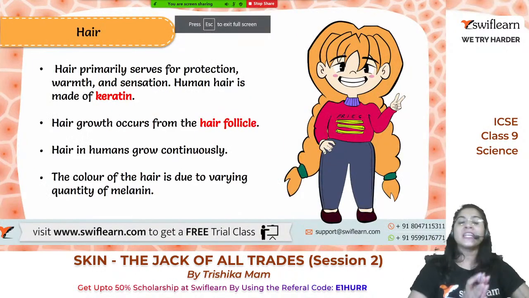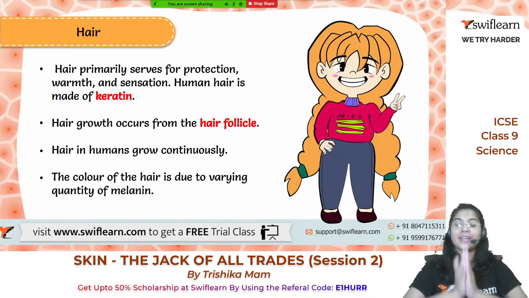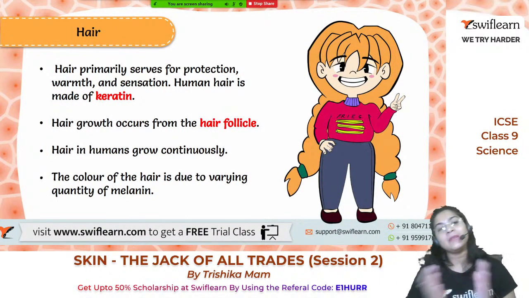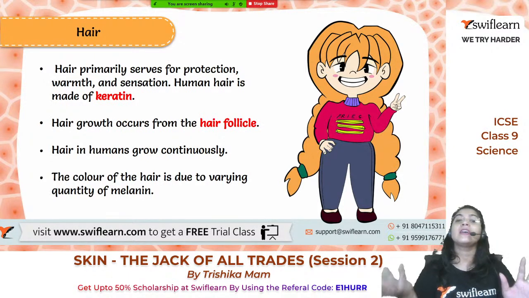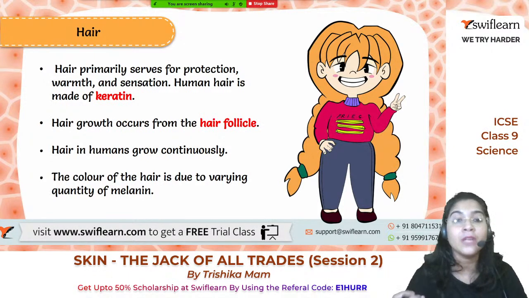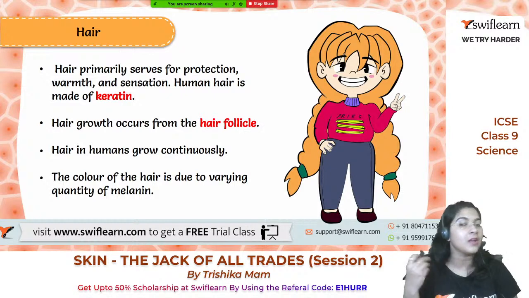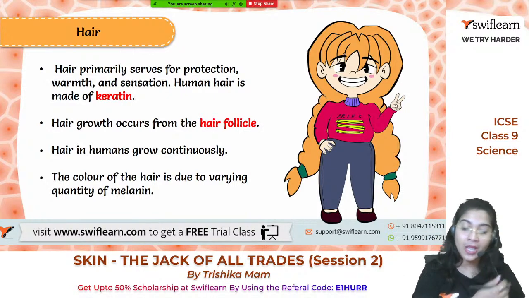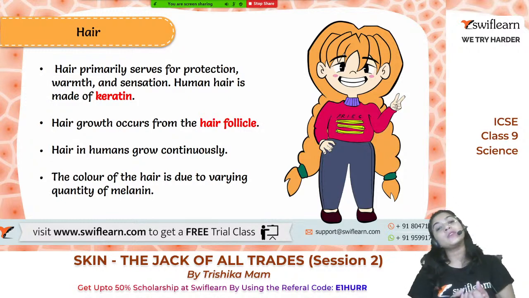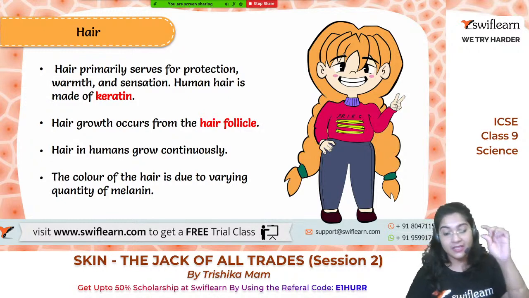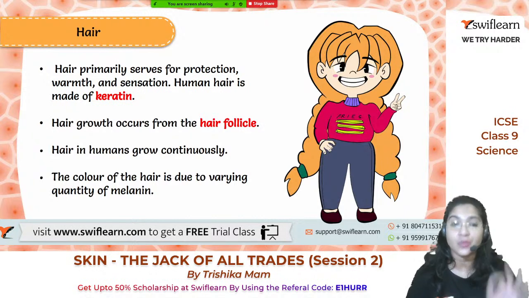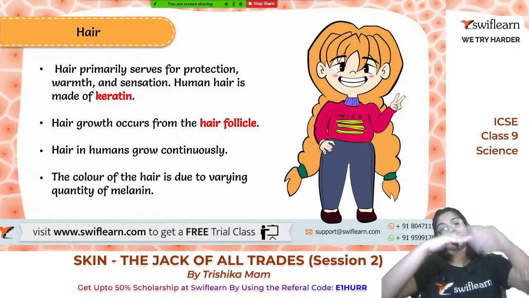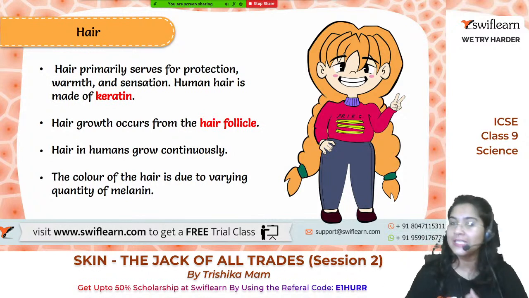Now, starting with the hair, as I have already mentioned, hair is only present on mammal skin. These hairs are mainly made up of keratin. Keratin kya hai? Keratin is one type of protein which is present in the hair of our head and also the body hair. Now, ये hair start कहाँ से होता है? Its growth starts from the dermis region, that is just below the epidermis. The dermis is present, and from the dermis the hair follicle starts.